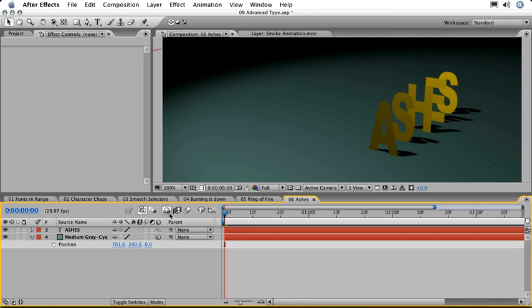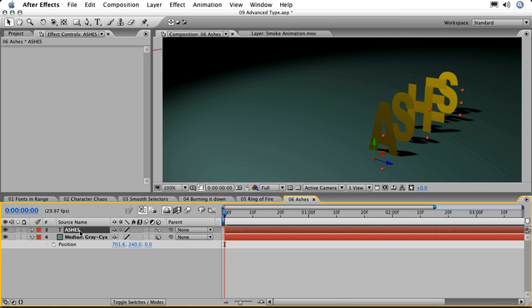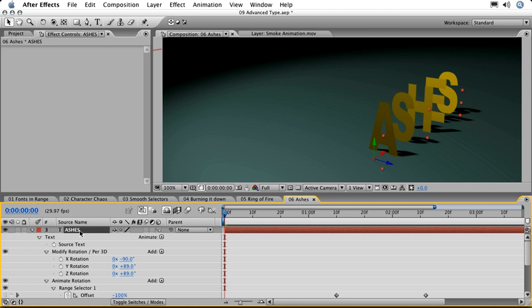By looking in the comp window, we can see that this 3D text has material properties and casts shadows. We can click on the layer and type U to reveal the properties. It appears that we've only modified the offset for a range selector, but much more is going on inside this layer. If we type U to conceal that, then type UU to reveal all of the modified properties, you can